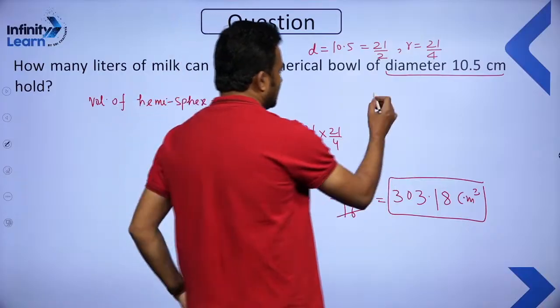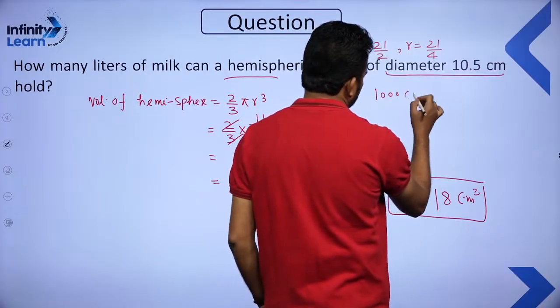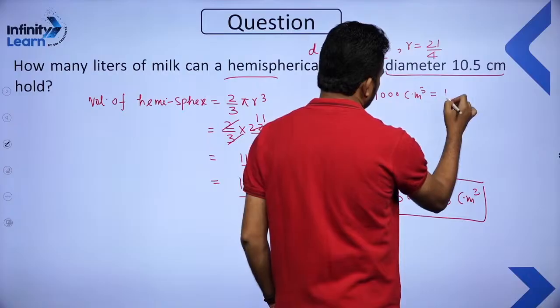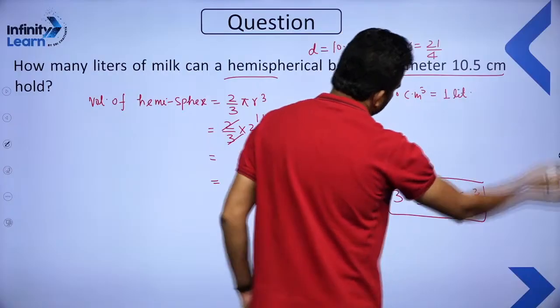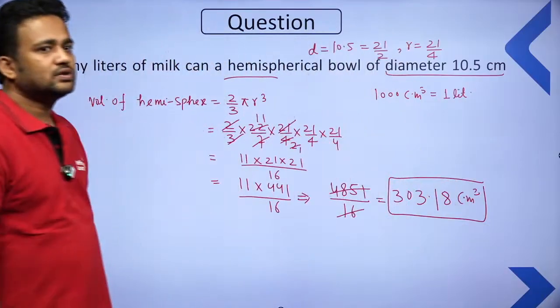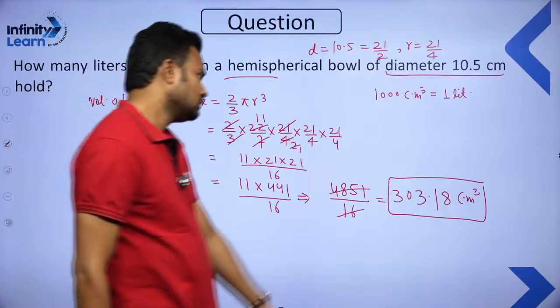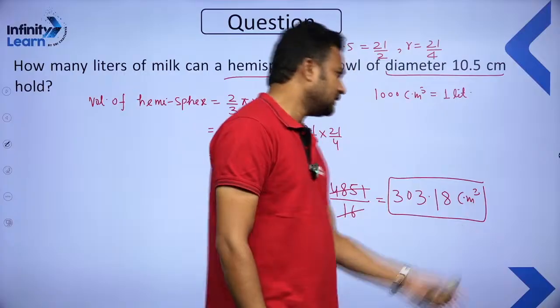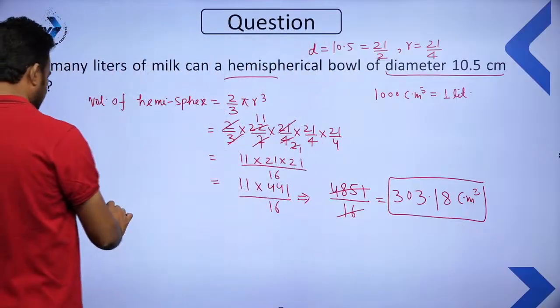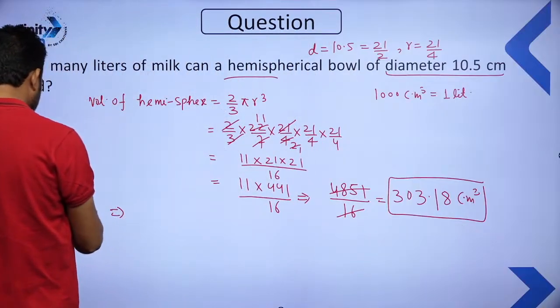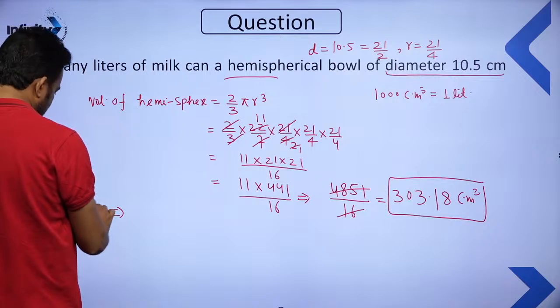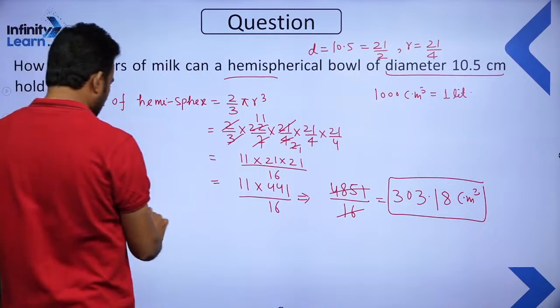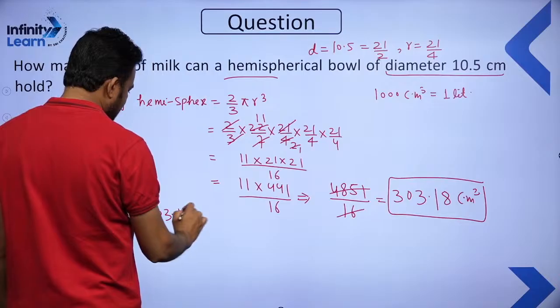So we know that 1000 centimeter cube is 1 liter, right? Means 1 liter is equal to 1000 centimeter cube. So how will we do this? So divide by 1000. So we'll get in liter. So the capacity will be 303.18 centimeter cube,